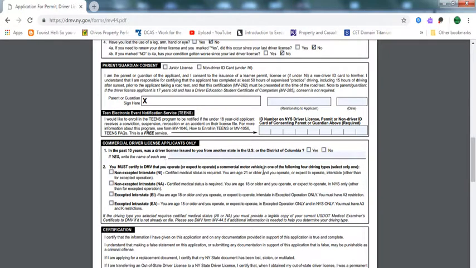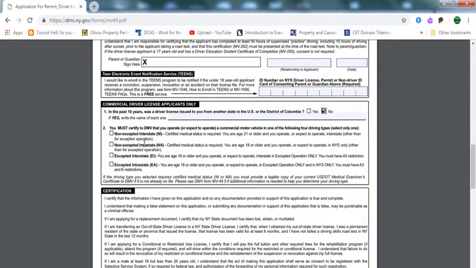The first question is, in the past 10 years, was there a driving license issued to you from another state in the United States or the District of Columbia? Yes or no? Obviously, if it's no, no. You must certify. Now, these are 4 options that you see there: NA, NI, EI, and EA. NI or NA, they're both